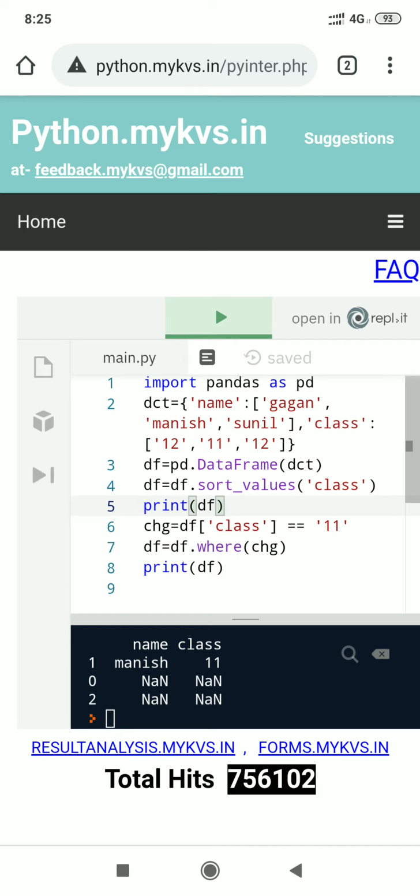In this dictionary we have two keys as columns, name and class, with some values assigned to name and class, and then that dictionary is passed inside the data frame method to create the data frame.